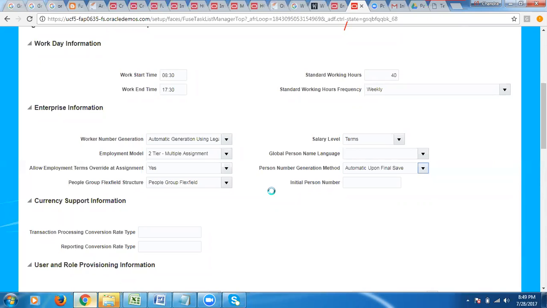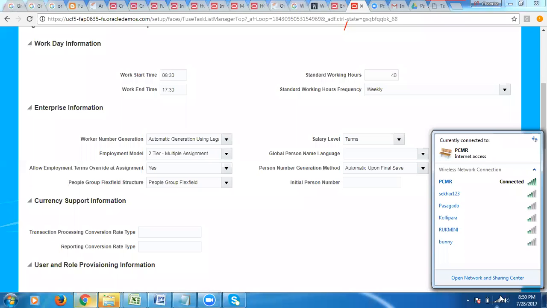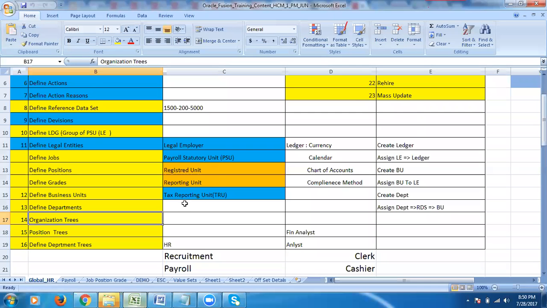In legal entity level, Manage Legal Entity HCM Information, will you specify the person number or worker number that we are going to see there? Fine. Next.